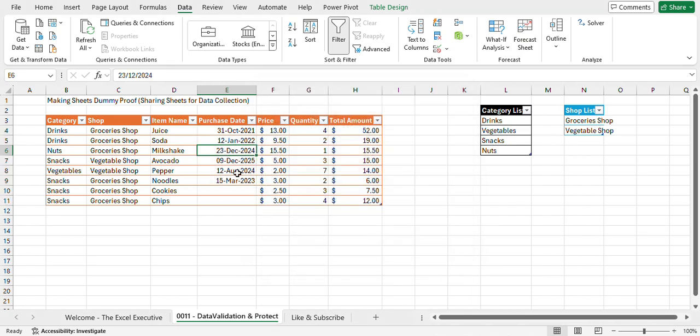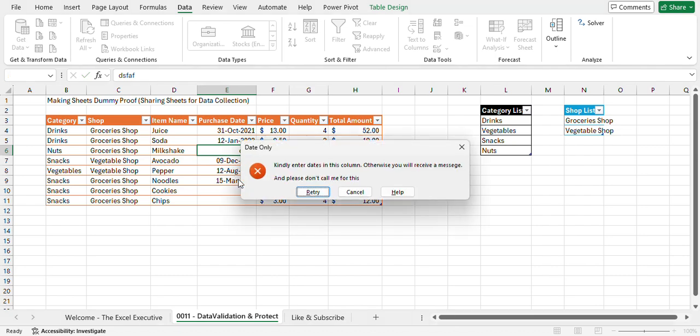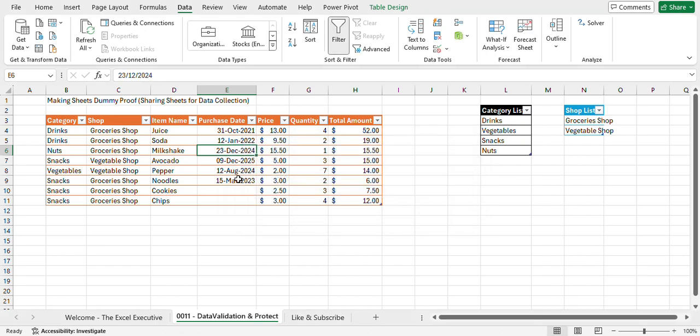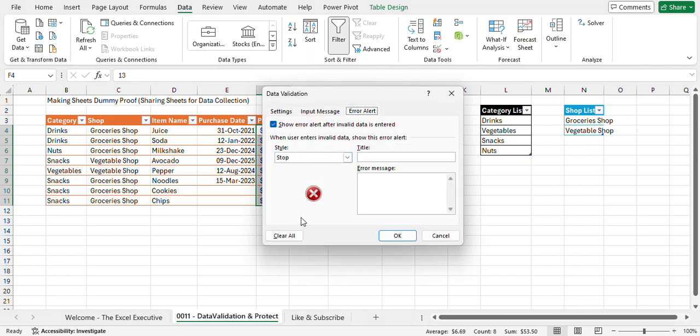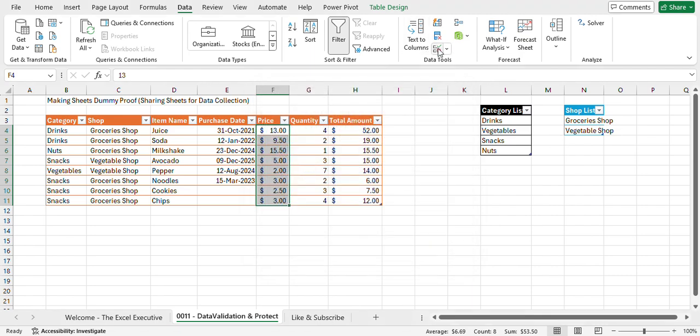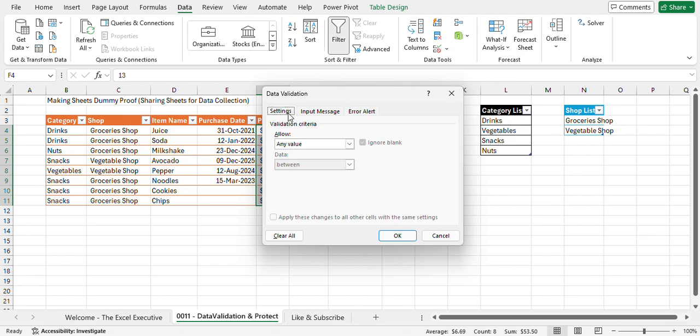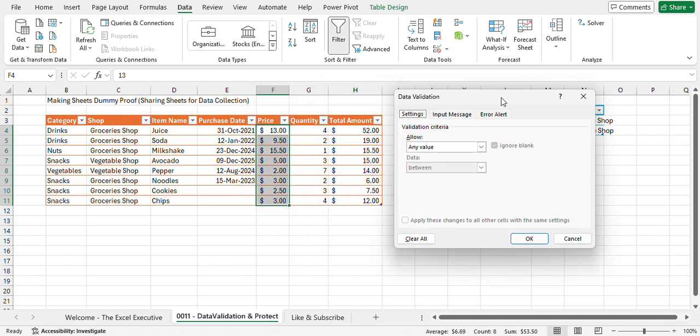So if I type in a text value and press enter, you will see that it gives you the customized message. You press cancel, and then you type in a date, price. So again, I will select the column, validation. Let's clear. I don't know what happened here. Anyways, I go to the settings,